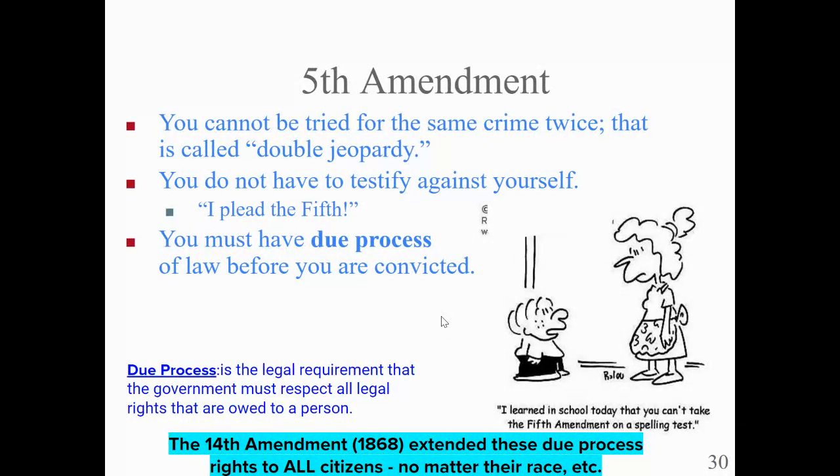So, for example, if you were accused of, I don't know, robbing someone's home, you went to court and the ruling was that you were innocent. And then proof comes out later that maybe it was you. They have video evidence that it was you. You cannot go to court again for that crime because you're protected in the Fifth Amendment under double jeopardy. So once you are proven innocent, you cannot be proven guilty after that. There could be a different crime that you're tried for regarding that same situation, but for the same crime,